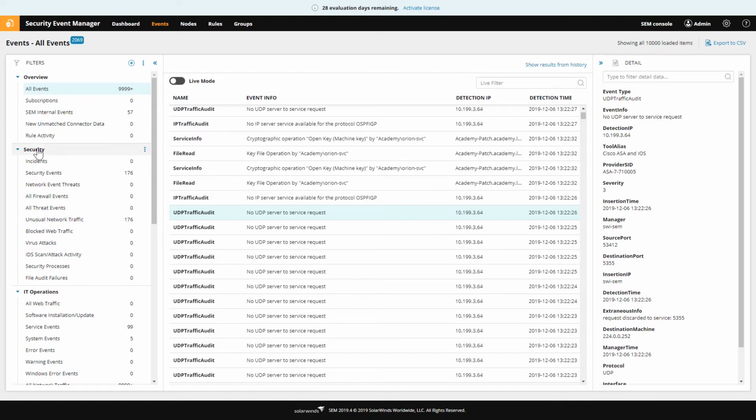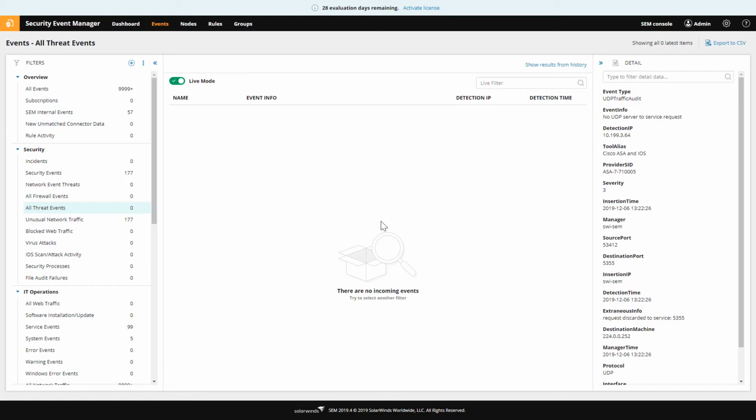If I look on the left side under security, there is an all threats events filter over here, and that's the particular field it's looking for. Now this ties all the way back into the feature of SEM, the threat intelligence feed, as it's called. That feature basically allows us to monitor your network traffic, such as your UDP, your TCP, your ICMP traffic coming from your firewall, your switches, and essentially correlate it with an open source of known bad actors. This open source is pulled via the threat intelligence feed every 24 hours, incorporated into SEM, and it compares all your network traffic with that.